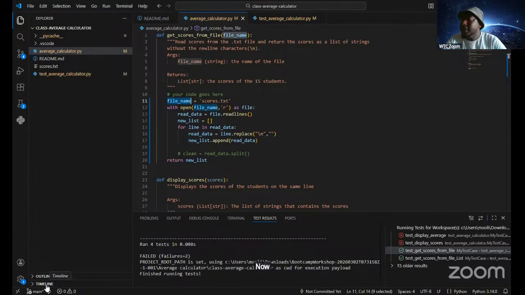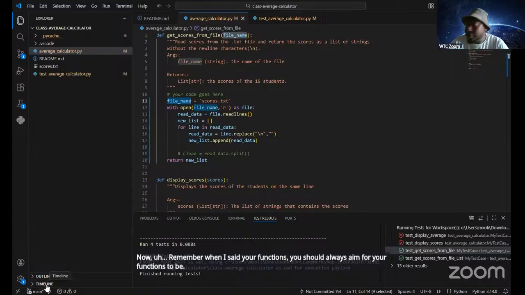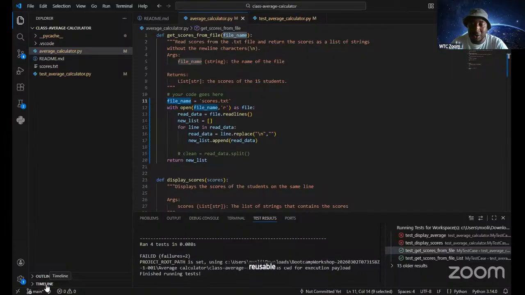Now, remember when I said you should always aim for your functions to be reusable? They should not be stagnant. It should not be fixed, meaning your function should be able to be reused even in a different code base if you designed it well.